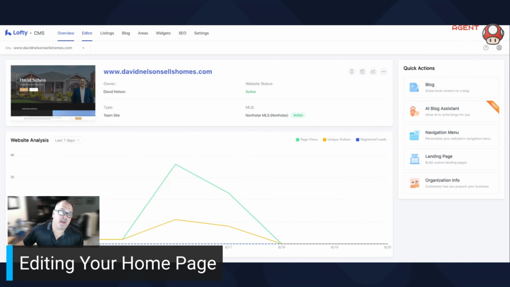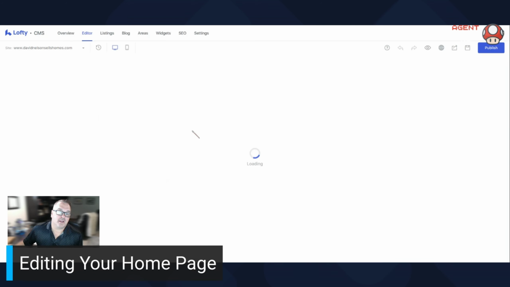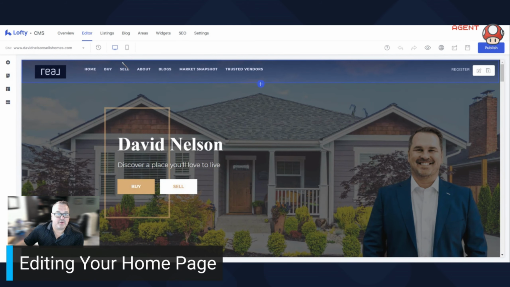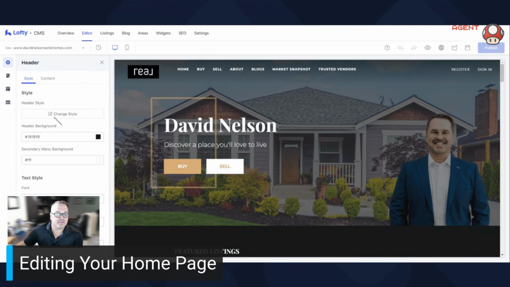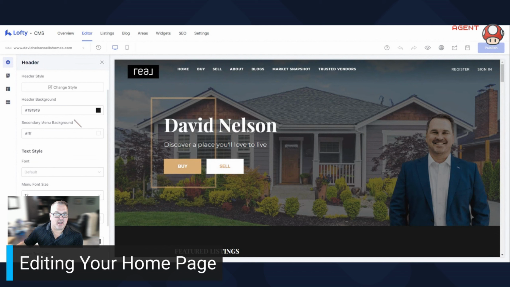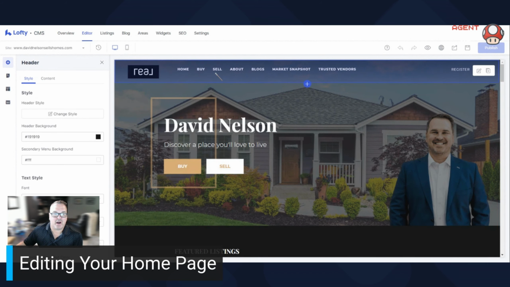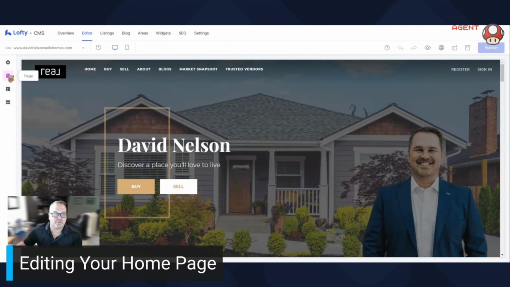All right. So back again, we go to editor, and it's going to automatically pull up your homepage. So first off, up here, this is going to be your toolbar. If you click the little button here, this is where it's going to pull up if you want to change the style, the background, all that fun stuff over here. Now you're probably wondering, how do I get this up here in order, or how do I change that? Well, that's actually pretty simple. So if you go on the left side here of page,